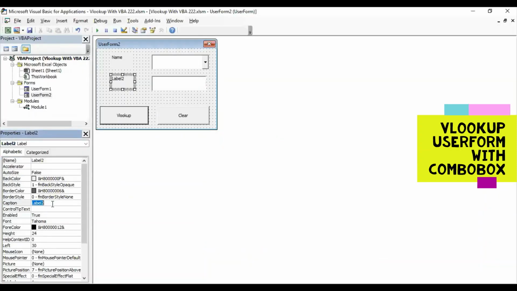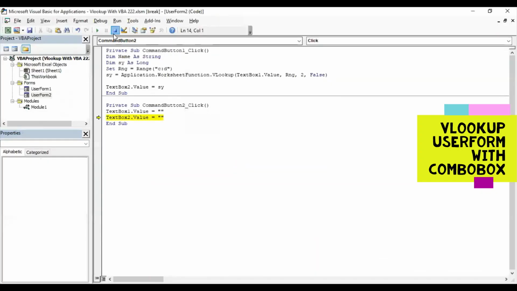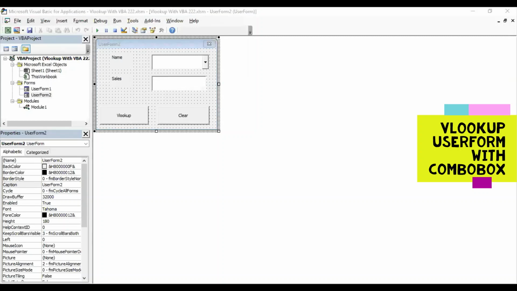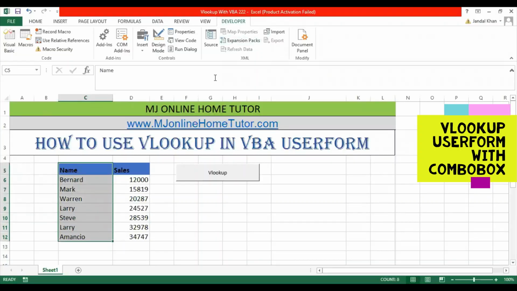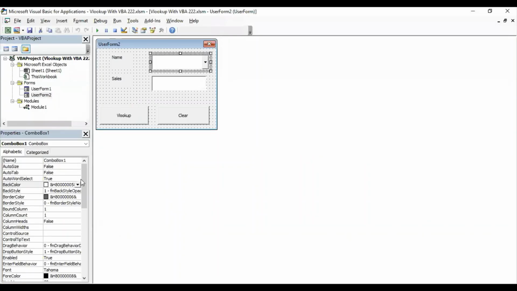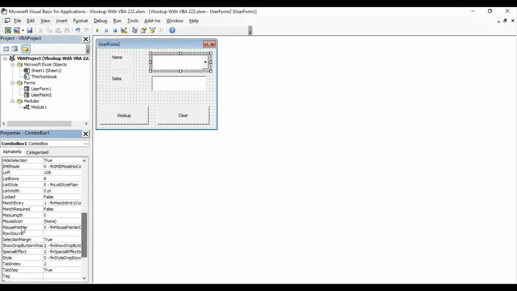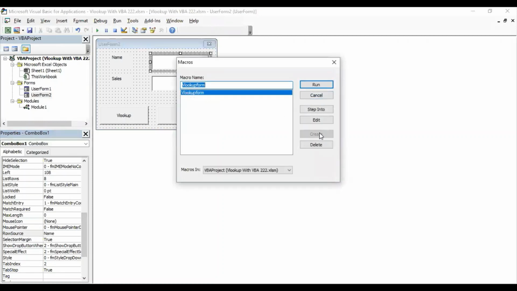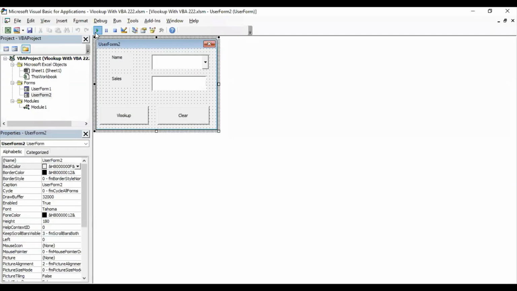The combo box data will come from the Excel sheet. So here you can see we just need to write the name. We can give this as a range or as a name. I already gave it a name here, from name to name. So we just need to give the data from the Excel sheet. We can take it as the row source, and we just write the table name here. So just close it. Now you can see we got the names here.